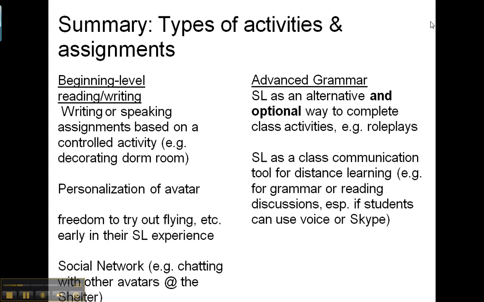With advanced grammar classes, in summary, I found it best to make it an alternative and optional way to complete class activities, as in the role play example. And I think 3 one-hour sessions max to get the students into the in world, get them their account, get them their avatar, and teach them about Evergreen Island, how to teleport on and off, and that's